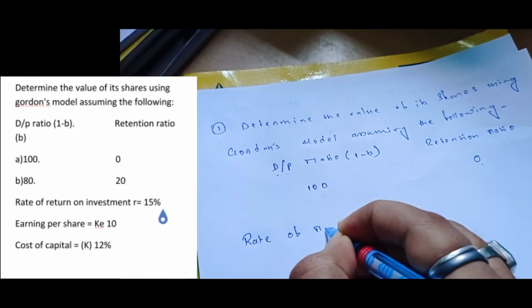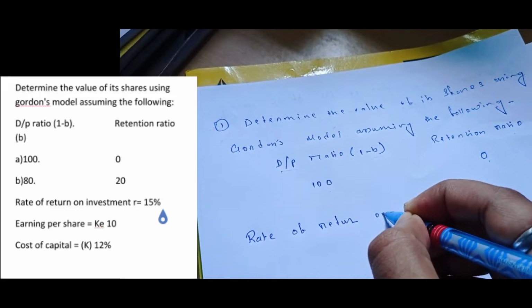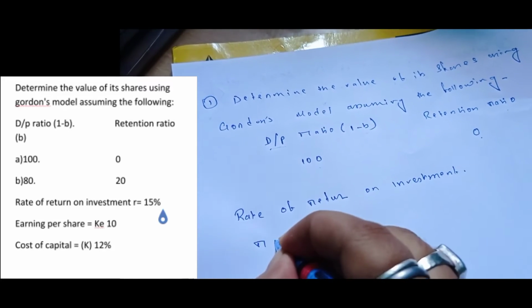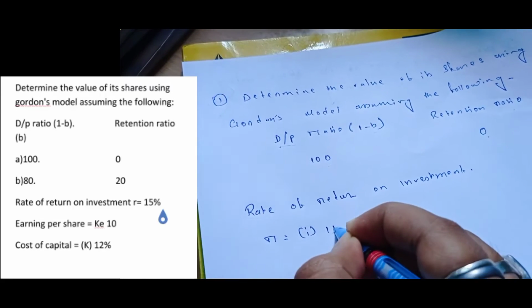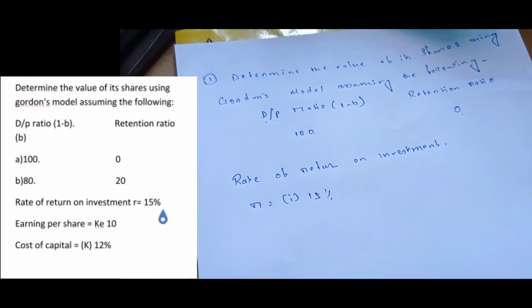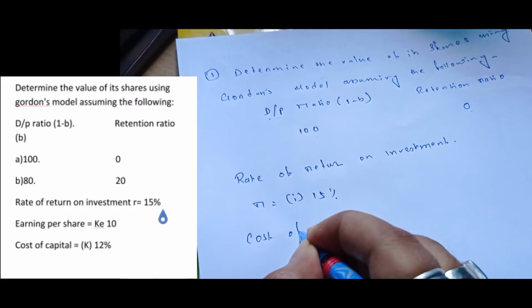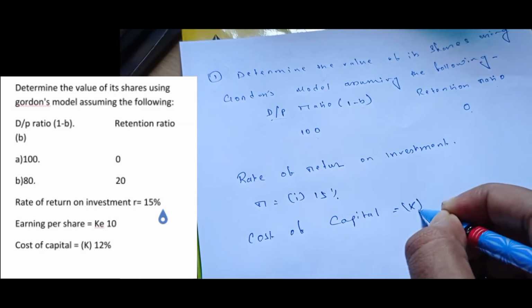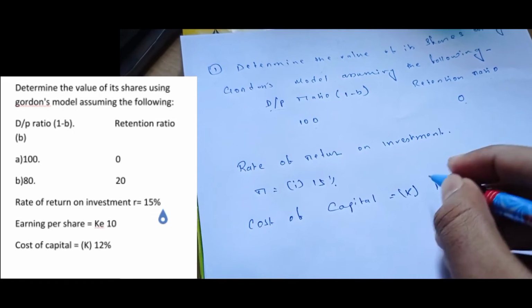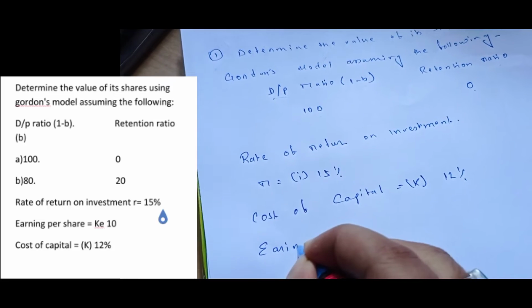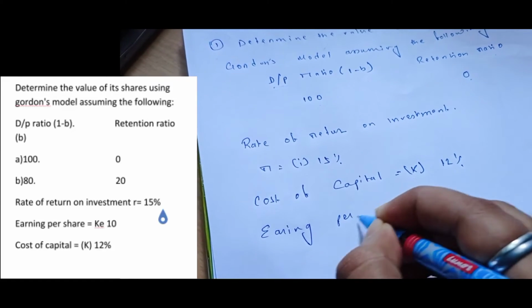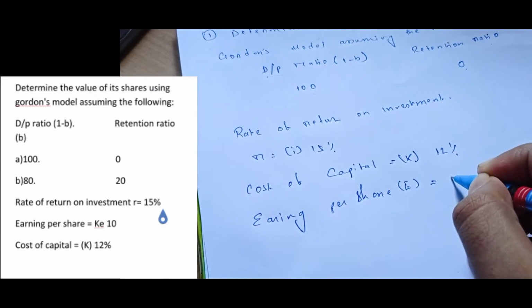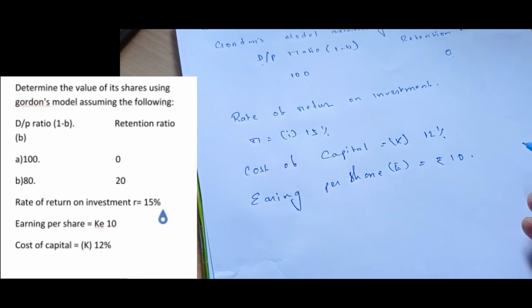Rate of return on investment are equal to 15%. Cost of capital equal to K, 12%, and earning per share E equal to rupees 10. Okay,